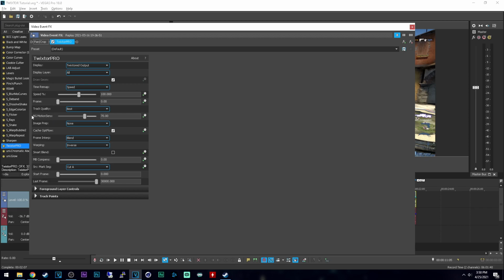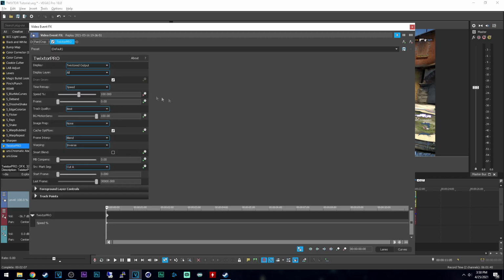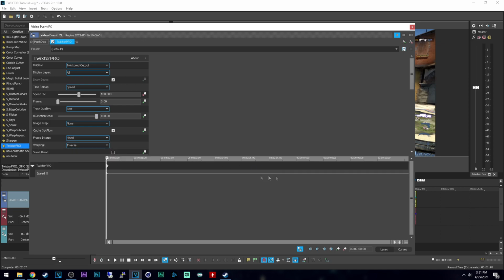And there's this setting as well, which is BG Motion Sense. I can't really explain what it does exactly. It pretty much controls the warping in the clip itself, but what I found out is that I'm mostly using 100 all the time, so just set this to 100 and make sure to start animating the speed by clicking on the animate button right here. And right now on the bottom of the settings right here, we have this keyframe for the speed, which is 100%. And the way I pretty much do it,